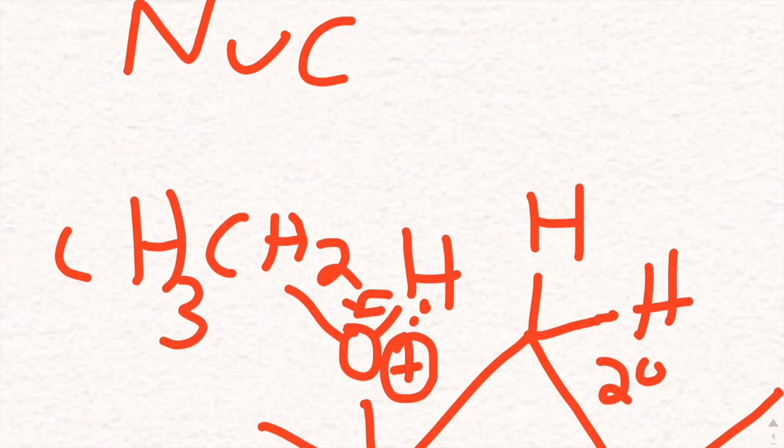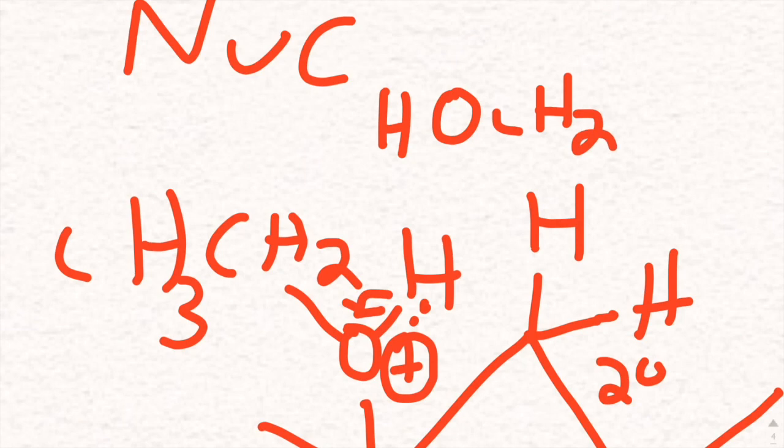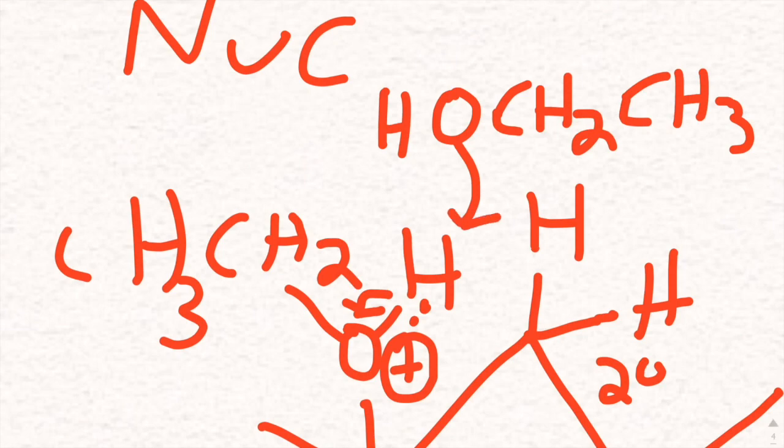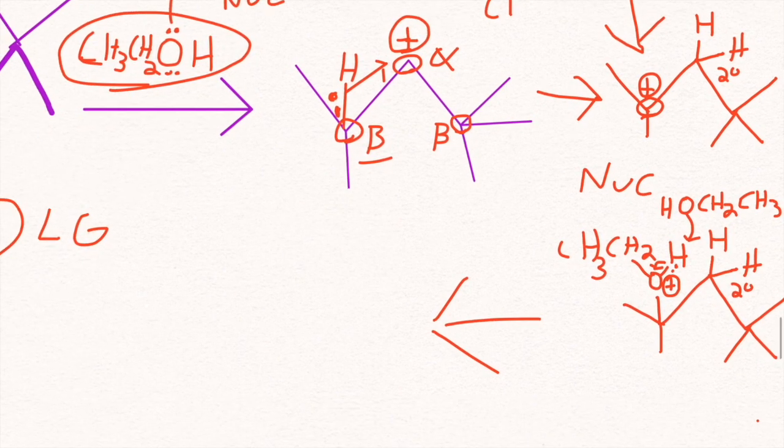You could technically have this on its own, but we usually like drawing out another. Let's say we had excess. We don't just have 1 mole of our nucleophile. That can end up taking that hydrogen and allowing it to donate its electrons. So what you would have is,